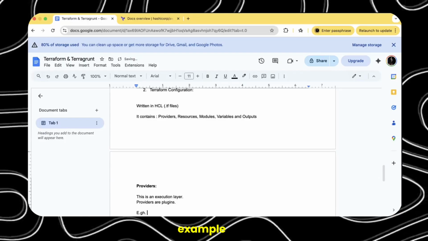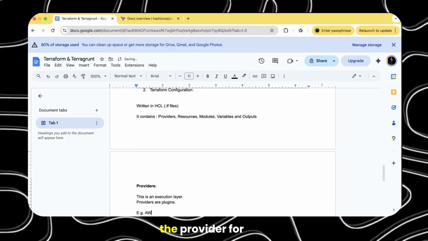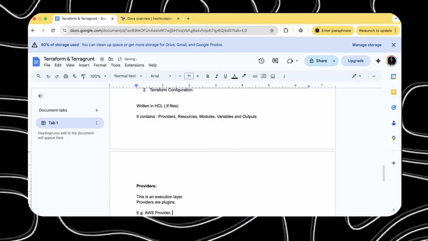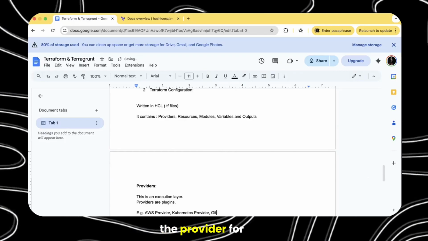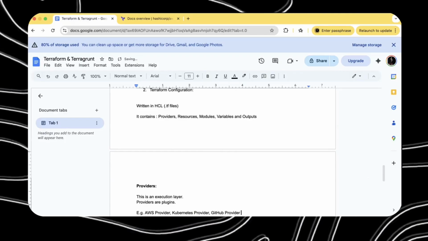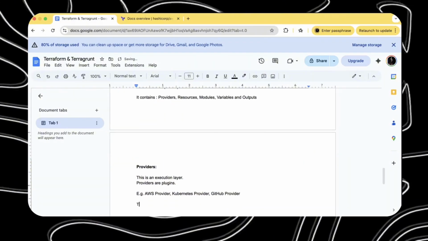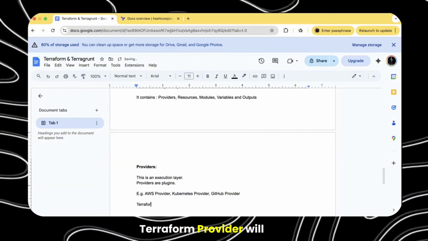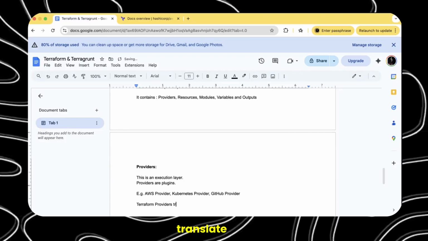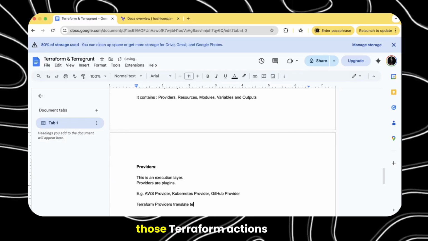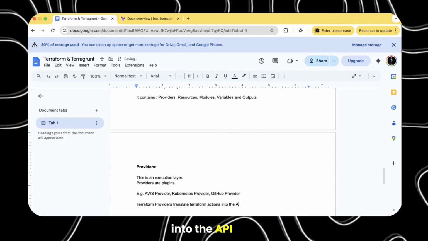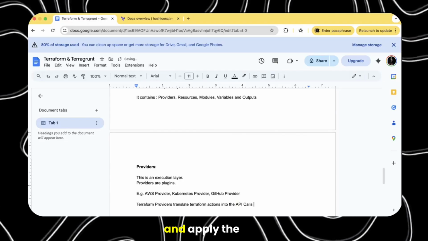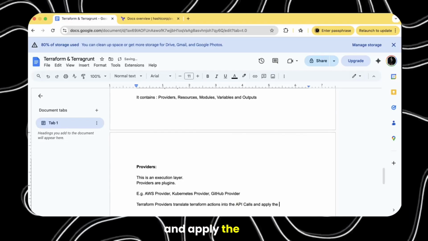As an example, you can have the provider for AWS, the provider for Kubernetes, the provider for GitHub. A Terraform provider will translate those Terraform actions into API calls and apply the CRUD operations.